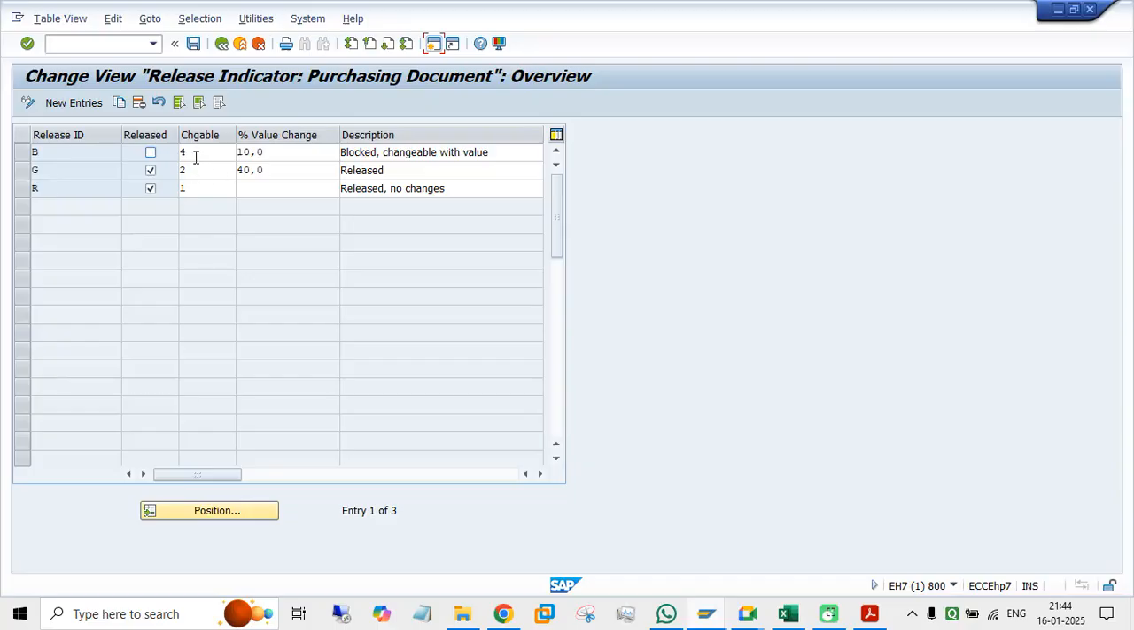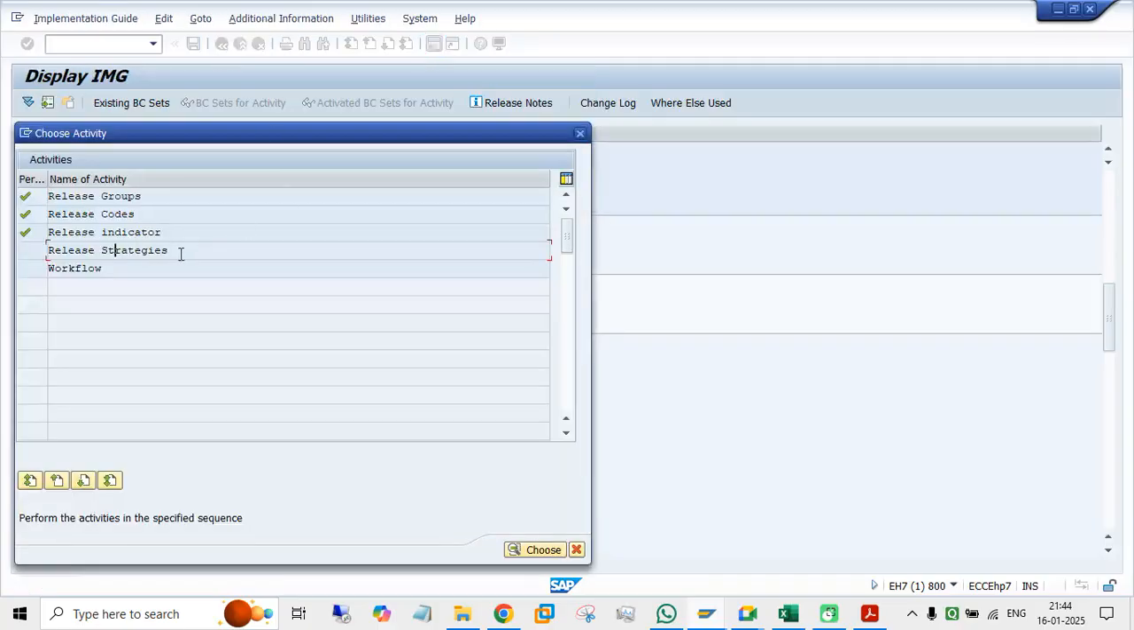Now come back, now release indicator, let it be like this, B, it is a character default code, once you create a PO, it will go for block, again it will go for release with no changes, let it be, no need to do any changes here, come back, final step, release strategy. Now I need to link all the process,